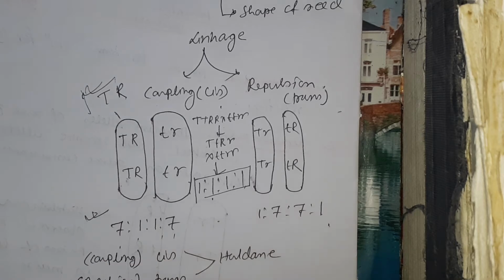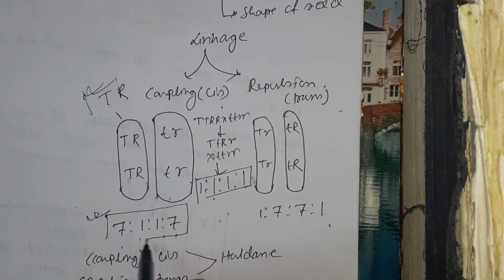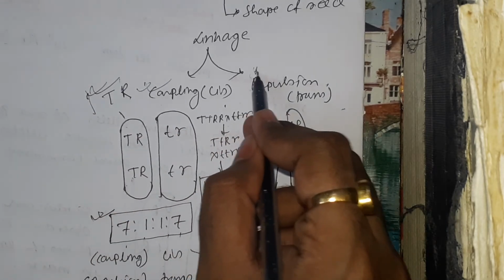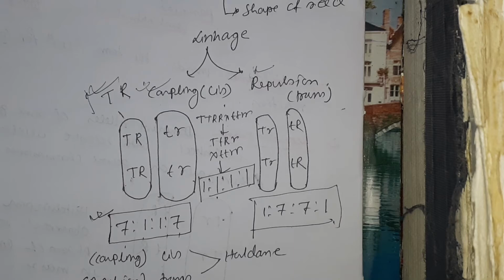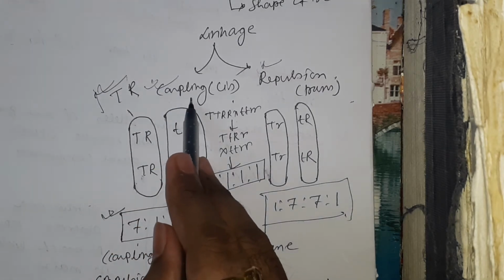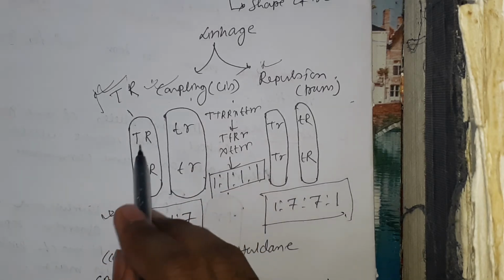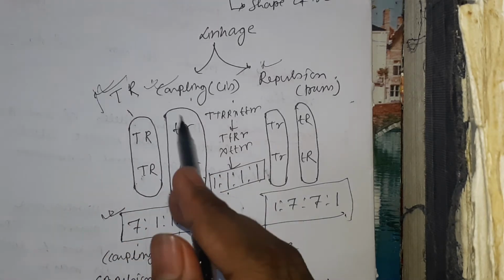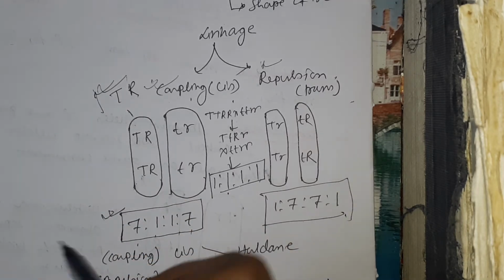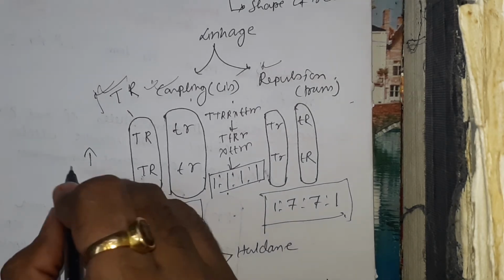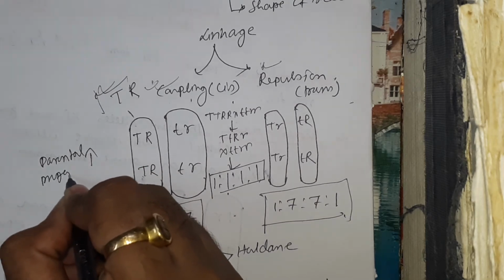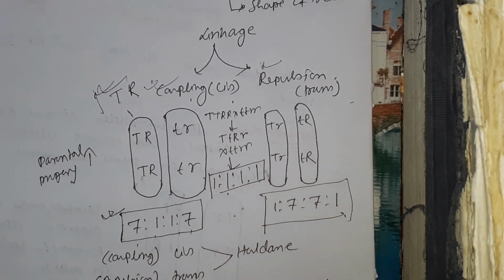So let's talk about this. How can you remember which genes are showing a coupling phase and which genes are showing a repulsion phase? We can simply do this by interpreting that in the case of the coupling phase, the dominant alleles of the genes are located in the same chromosome and the recessive alleles of the genes are located in the same chromosome. That means in coupling phase there is a tendency that parental progeny will be in higher amount rather than recombinant progeny,